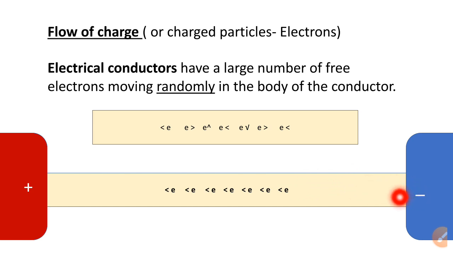So what happened, the electrons will now start a motion in a definite direction in the body of the conductor. Then we will say that the charges start moving, there is a flow of charge in terms of electrons. Okay,